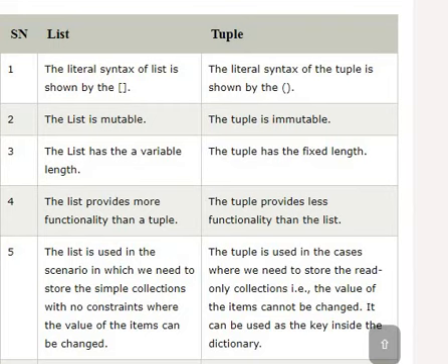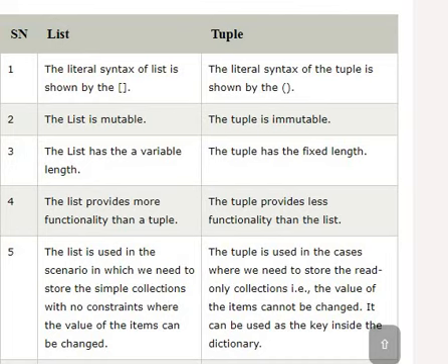What are the basic differences between list and tuple? We use square brackets in a list and parentheses in a tuple, and a list is mutable, meaning we can make changes. The list has a variable length, as we are allowed to make changes.